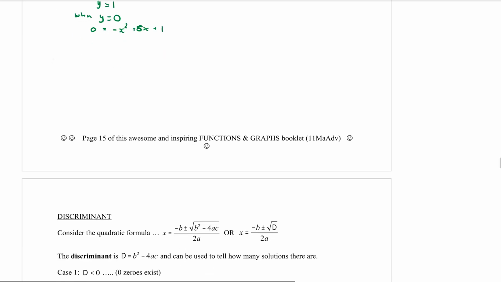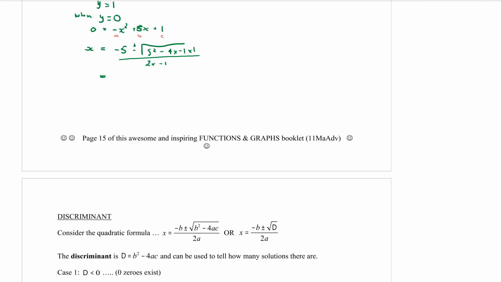So into our formula, x will be equal to, and I'm going to use it in the same form that it is, so a is going to be the negative 1, b is going to be the 5, and c will be the positive 1 on the end. So substituting in, the formula says minus b, so that means minus 5, plus or minus square root of b squared, which is 5 squared, minus 4, a, which is negative 1, and c, which is a positive 1, over 2a, which is 2 times negative 1. Okay, all in the quadratic formula. Simplifying that down,